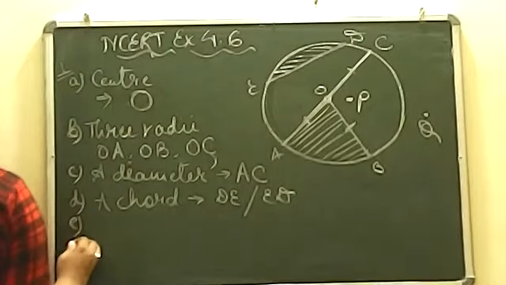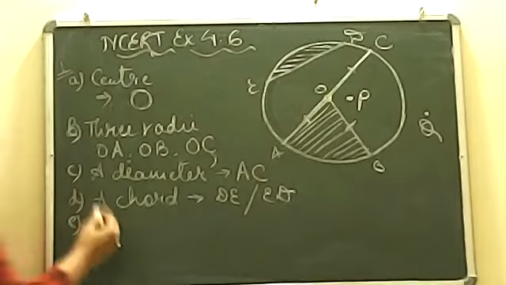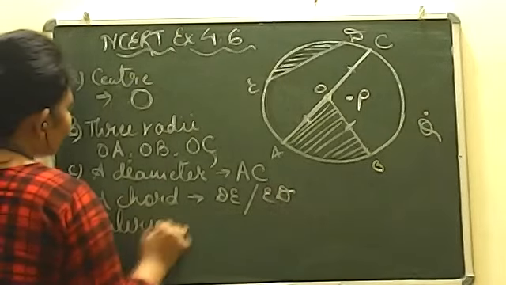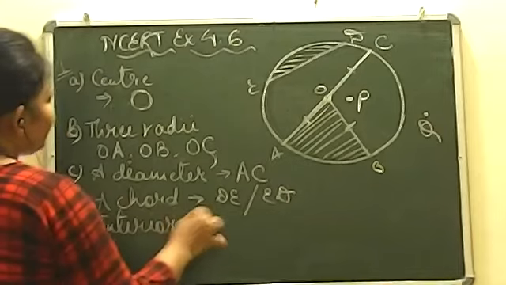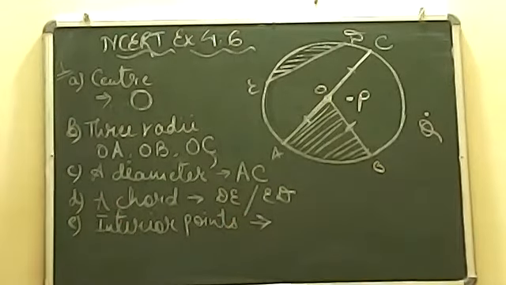E1 is telling here you have to find out 2 points in its interior. Now you have to tell the interior points. Can you please tell me, beta, what do you find in its interior? 2 points you have to speak.